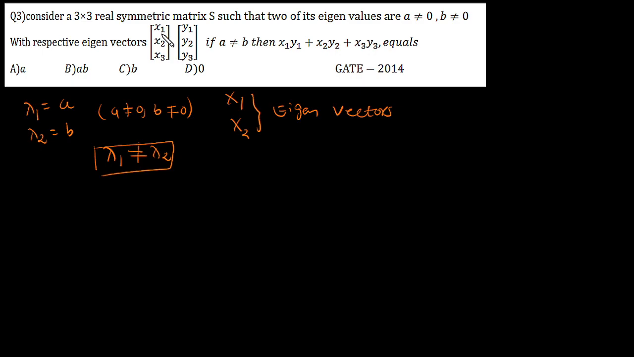If you take the dot product, the first element multiplies with this one, plus the second multiplies with this one, plus the third multiplies with this one. So we get this equation after taking the dot product of these two vectors, which are here eigenvectors. Now, for any symmetric matrix, there is one property. Let's write it here: for real symmetric matrices,